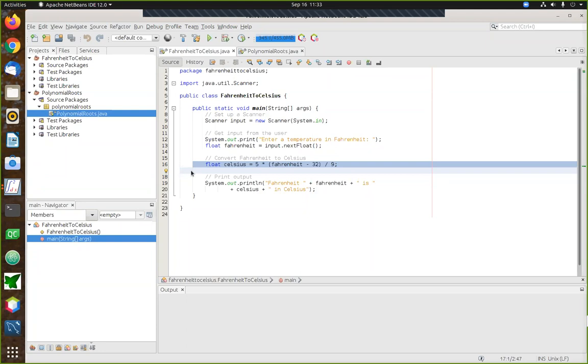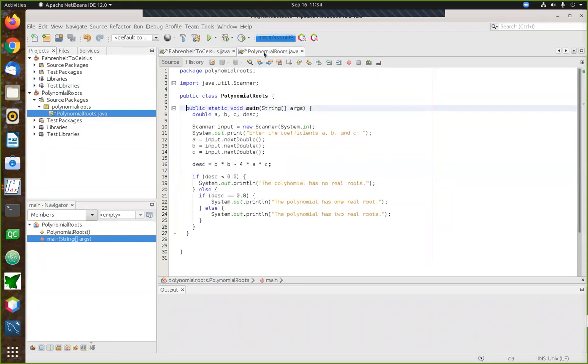Now, the topic that I'm going to introduce today is essentially the first true programming topic that we're going to encounter. And the topic we're going to talk about today is a facility in the Java language that allows you to make decisions. So I've brought along another very simple example that illustrates how this decision procedure is going to work. And then in the lecture today, we're going to focus in great detail on how this particular language element actually works.